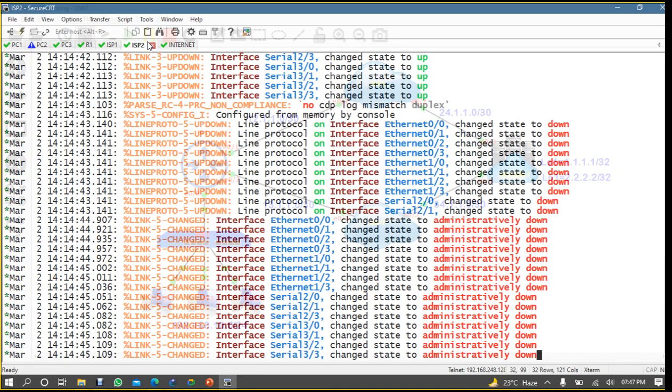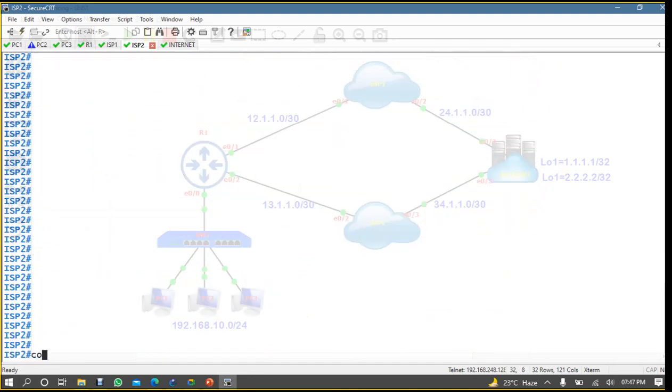Now we'll come to ISP2. ISP2 also has two IP addresses, so I'll come here, conf t, interface E0/2, IP address 13.1.1.2,